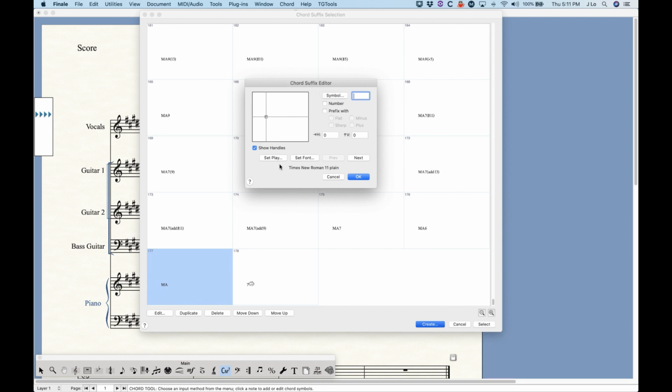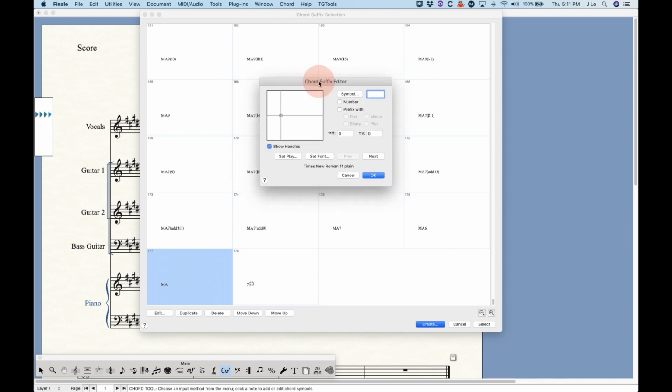Now there's a bunch to this window, so let's get started with it. The way that this suffix editor works is that you need to type in each individual character one at a time and then press the next button here. So I'm going to create a suffix for sus4, which I know does not exist in the default file. So in order to do this, I have to type in this first symbol box here, S, and then choose